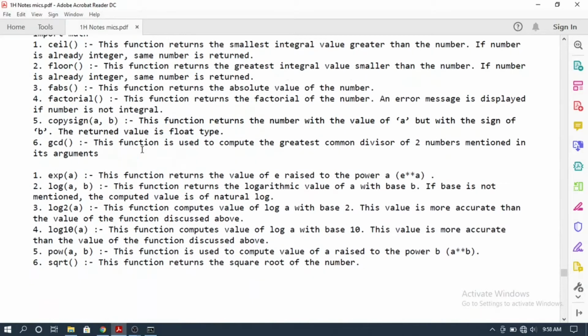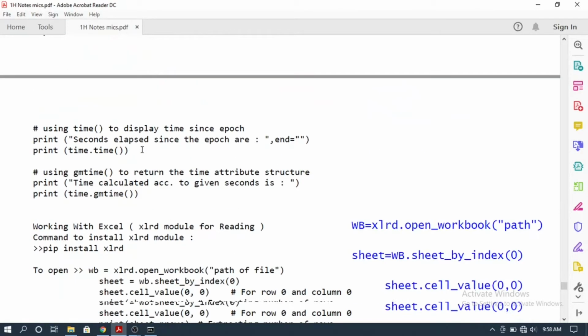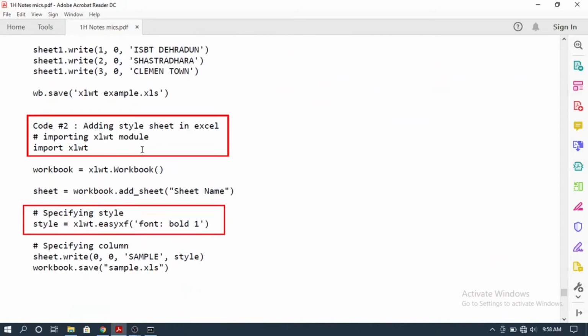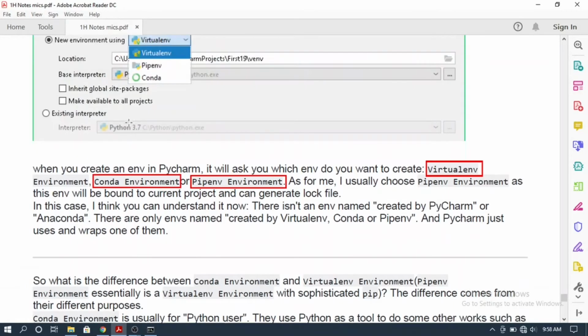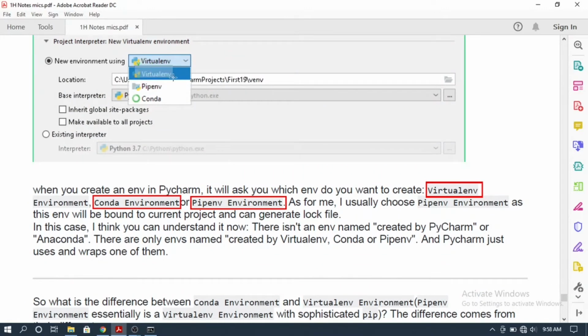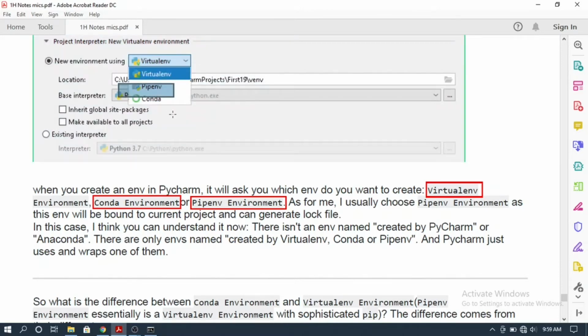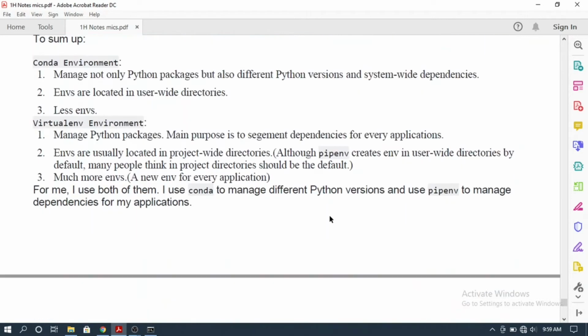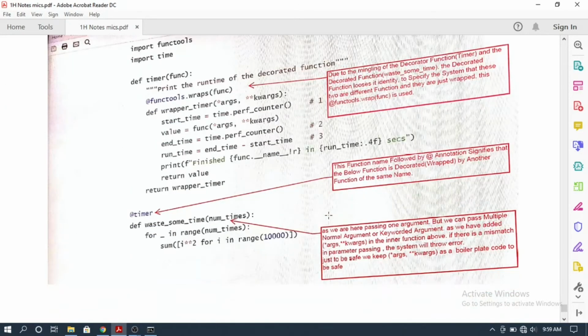Yeah, I think these all things we have already discussed. So these are the different types of environments you can use: virtual environment, pip environment, and conda environment. Most of the time we use the pip environment. And these are the decorator functions. If you look inside a function,